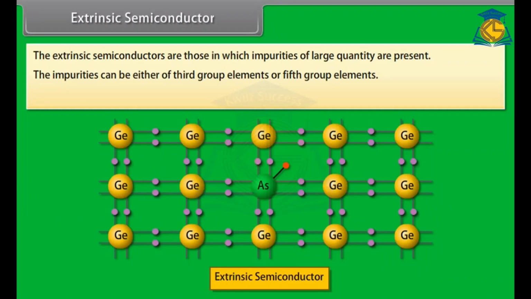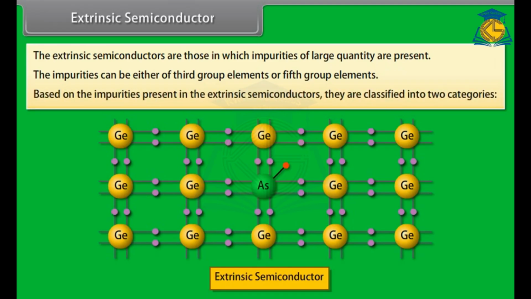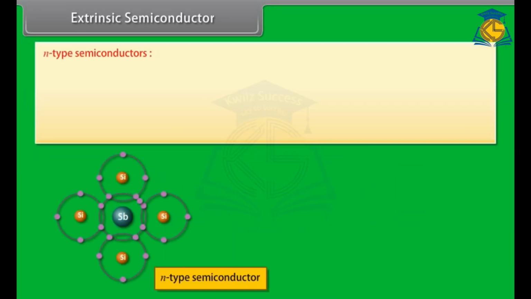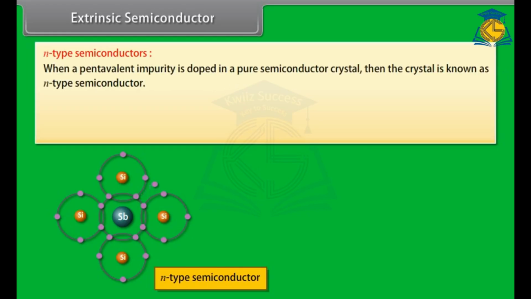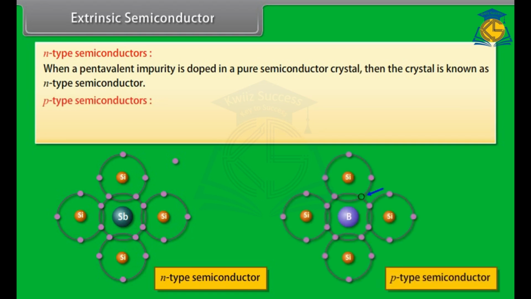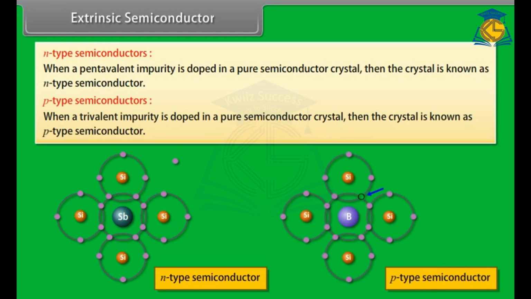The impurities can be either of third group elements or fifth group elements. Based on the impurities present in the extrinsic semiconductors, they are classified into 2 categories. N-type semiconductors. When a pentavalent impurity is doped in a pure semiconductor crystal, then the crystal is known as N-type semiconductor. P-type semiconductor. When a trivalent impurity is doped in a pure semiconductor crystal, then the crystal is known as